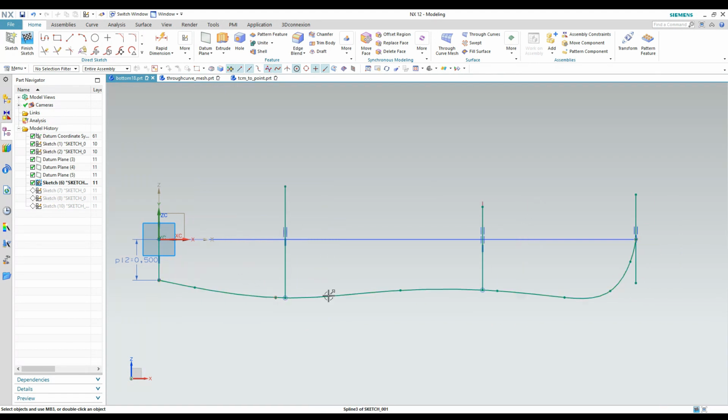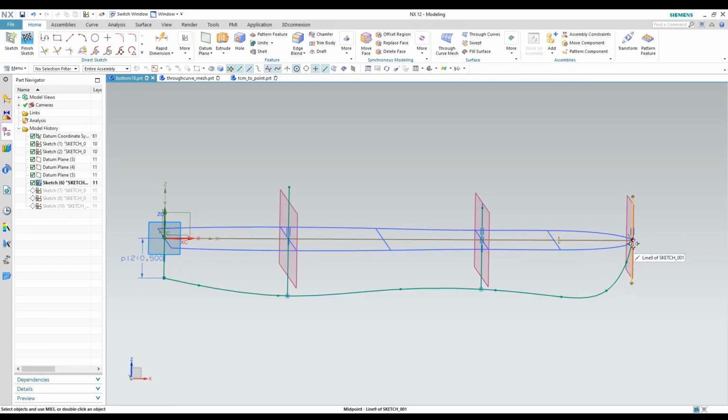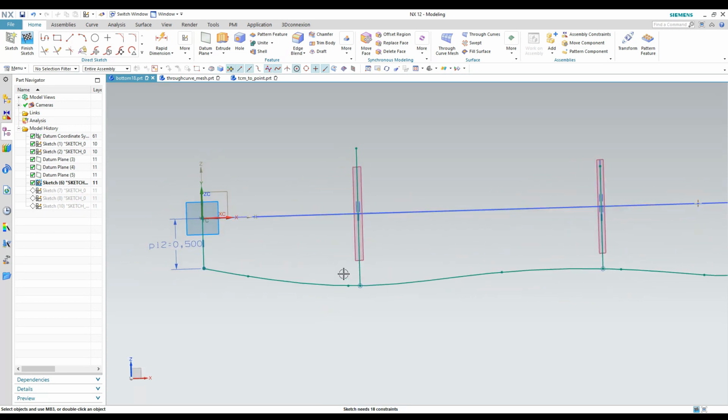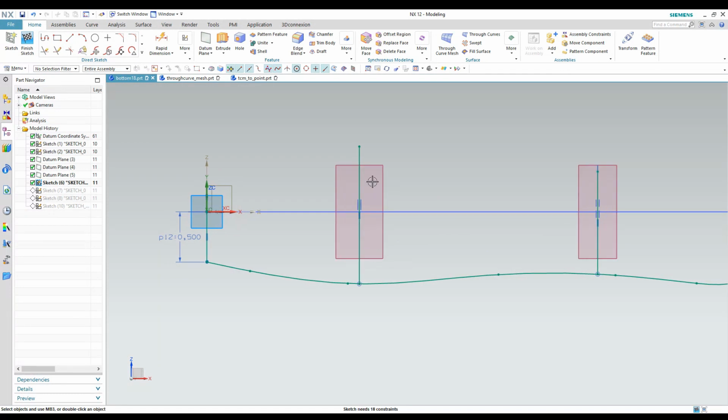Again, I'm going to use a spline to create that. That datum plane that I had back here shows me where that other sketch ended, so I know where to end this sketch and come down to that point. I also have a line running down the middle of that sketch that I can use to define that end point. And then also I'm going to put some vertical lines in here and make them collinear to these planes